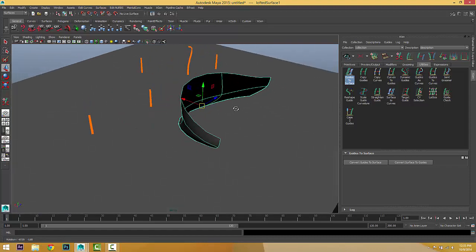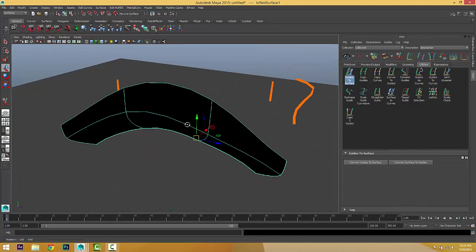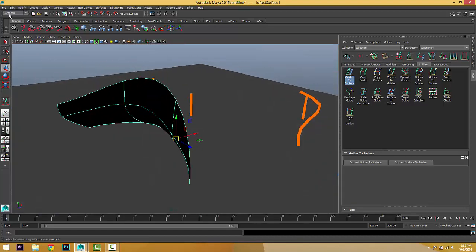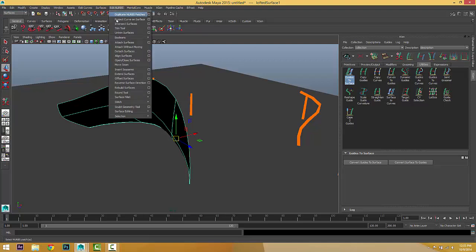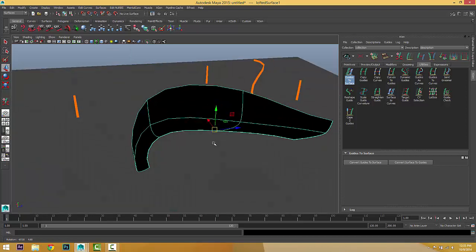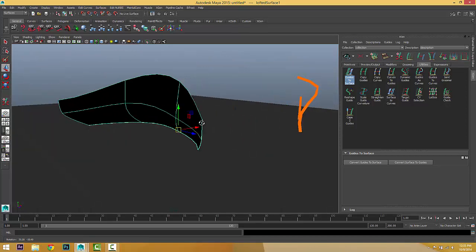And the good news is you can go to the Surface menu set, and you have all the Edit NURBS tools. You can add or insert or do any adjustments from here.